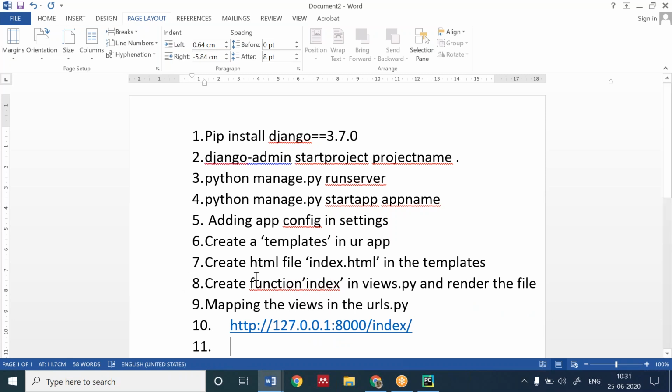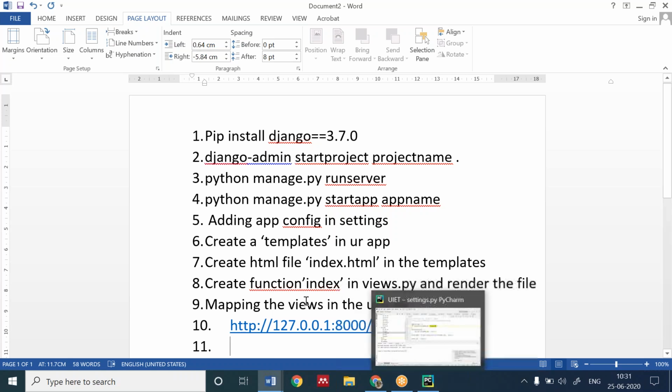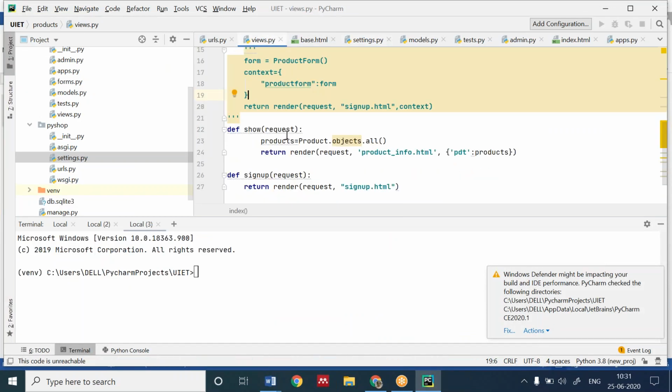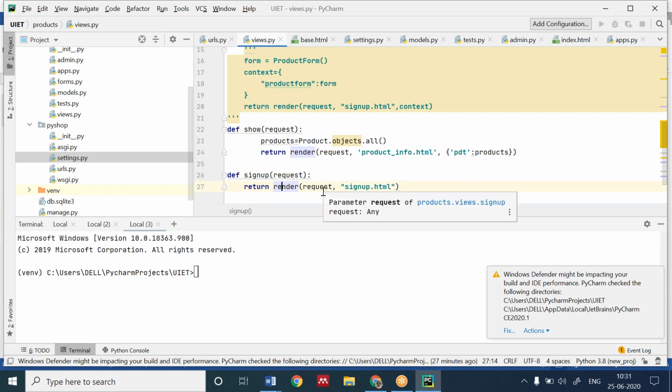Okay, Nimrit, I will. Firstly, I have created an HTML file. Now I will create a function index in views.py. In views.py I can name the function anything. They are saying index, that's why I'm also saying index. You will create a function here. Pass the request parameter. This is an HTTP request, and I will render the function. Render is redirecting my function to some other page. Where am I redirecting? Using the request parameter, the HTTP request.